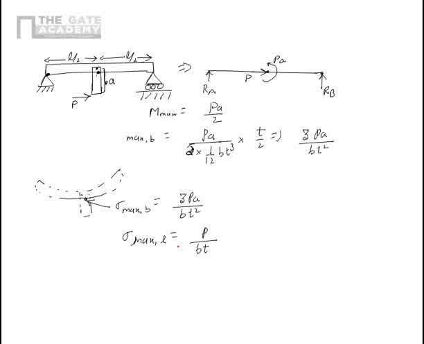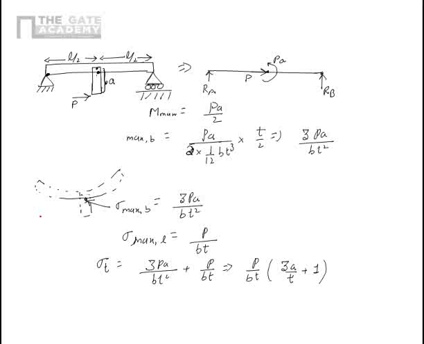So the total stress, sigma total, is 3PA upon BT square plus P upon BT. So if I just take P upon BT as common, it becomes 3A by T plus 1. So this is the maximum stress which is occurring in the beam, and that point is the point at the